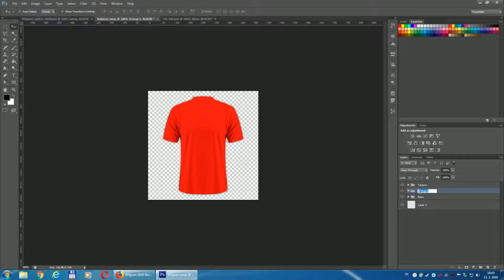It's called, for example, away, as I always create one PSD file for one club, in which are the home, away or third design for the kits. And in this case we do the away kit, therefore the new group is called away. I put the base in it,